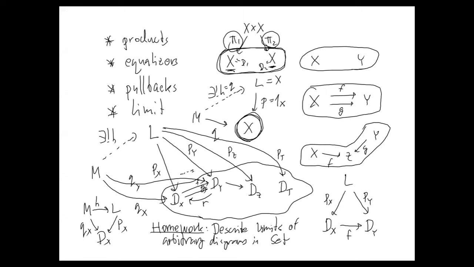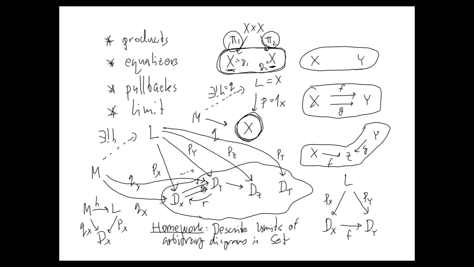But there are many other constructions also in various areas of mathematics where you've got some complicated object, and you can build it out of simpler ones. And the way you build it turns out to be a limit. And since we know general properties of limits and how they behave, and we've got good intuition for them, then knowing the construction reduces to just knowing the diagram over which it is a limit, which is much easier to describe than the actual limit. As you will see if you look at this homework of describing limits